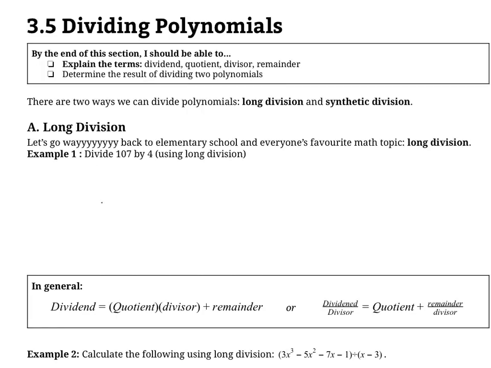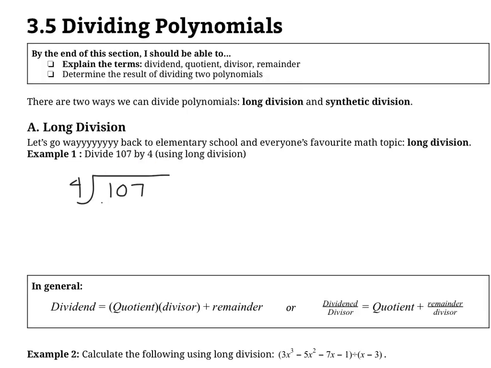To warm up, we're going to go way back to elementary school when we used to divide using long division. That's actually the technique we're going to use when we're dividing polynomials. So let's start by dividing 107 by 4. If you remember, you've got to set up your division sign here. Underneath the division sign, we have our dividend. This is our big number that we're going to divide. Then on the left, we have our divisor, that's 4, and our quotient, our result, is going to be